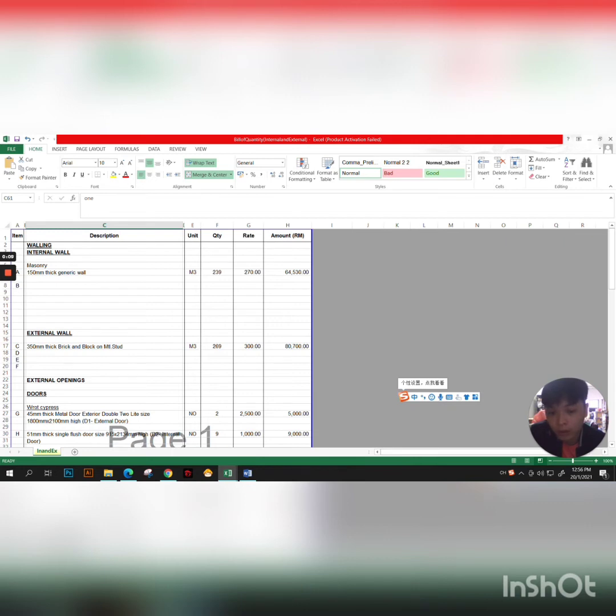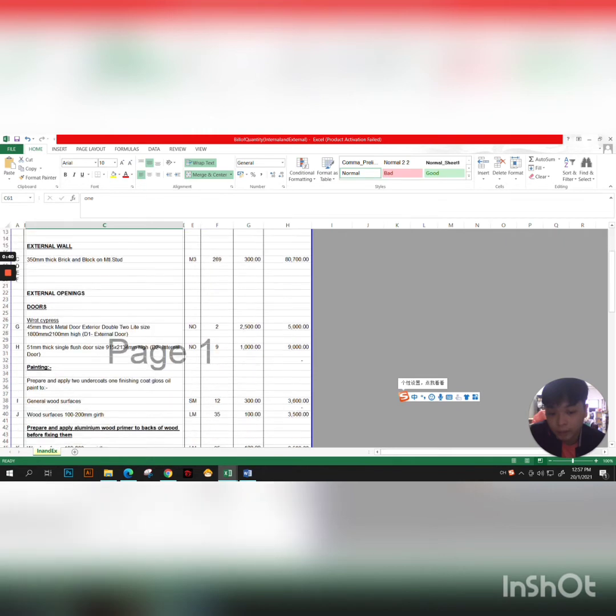AP190242. I will continue to present the part of bills of quantity, which are the walling for the internal wall and the external wall, and the part of external opening for the doors and the windows. First of all, for the internal wall, the 150 mm thick generic wall costs 64,530 ringgit and the external wall costs